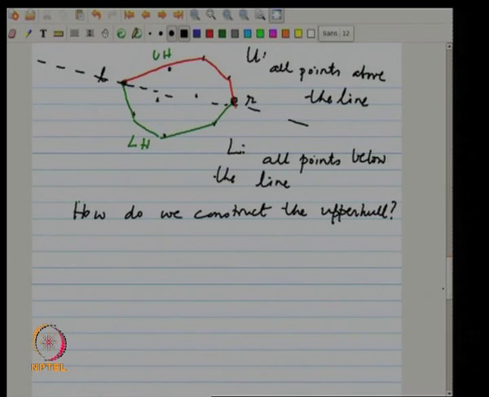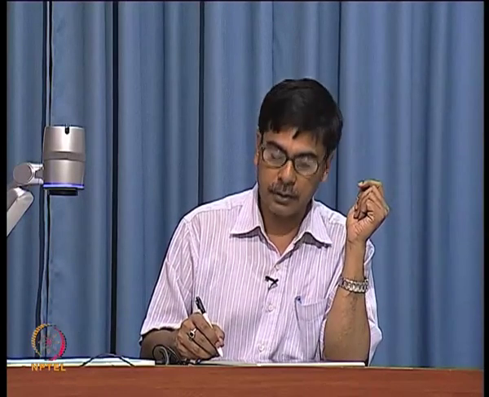So, I said yesterday boundary points are those points through which you can draw a tangent, right. So, a tangent is such that all the points of the given set should be on one side. So, that is what the tangent is. The entire convex hull should be on one side. There is another useful definition of boundary point which is often used when we design algorithms, and that is